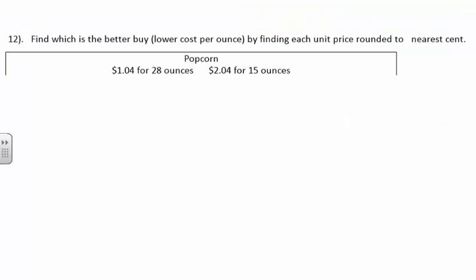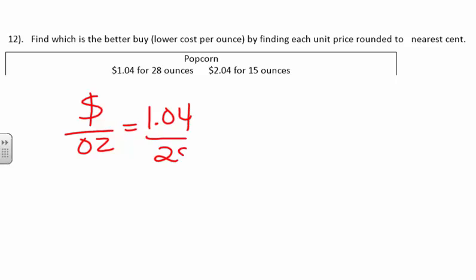Number 12. Number 12 says, find which is the better buy. Which one will give you the most popcorn, or which one can you buy more of based off of the price? So here we're comparing dollars to ounces. So for the first one, that gives us $1.04 over 28 ounces. That reduces down to, or the unit rate for that would be